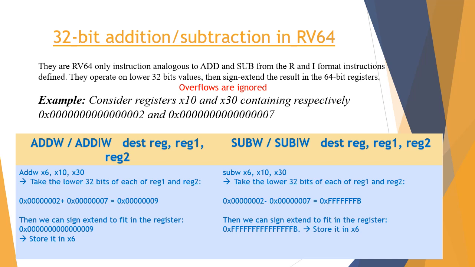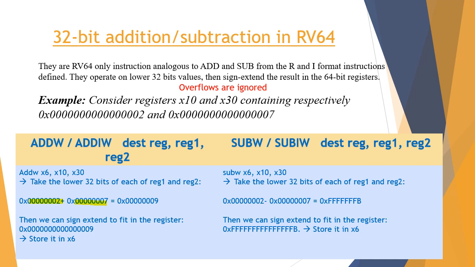When performing the arithmetic equation, if there are some overflows, they will be ignored. And after doing the operation, in order to store it back in a 64-bit register, it will be sign extended. Let's look at some examples. We have the values 2 and 7, which are 64-bit values in the registers 10 and 30. If we use the instruction add W, it will take the lower 32 bits of each, which are here 2 and 7,